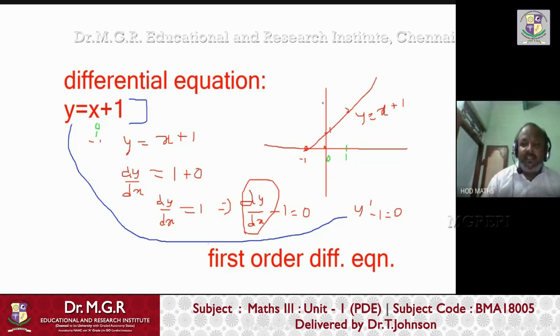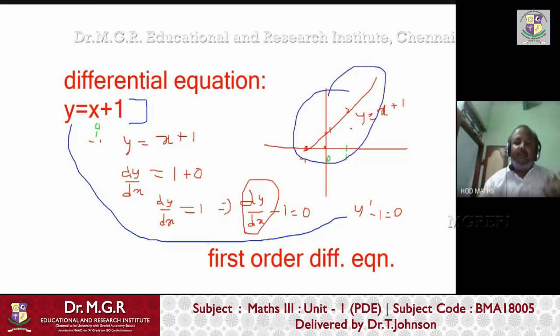So whenever an equation is like this, it represents the movement of certain things. The curve may represent the share price of a commodity, or the oil price or gold price, or physically the movement of a car: at the 0th second where the car is, at the first second where the car is, at the second second where the car is. But whatever it may be, dy by dx, the first order derivative, is nothing but the rate of change of the equation.